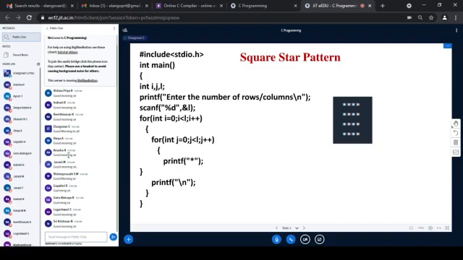If we print star, then we will get the complete square. But we need a hollow square. So what is the condition I have told? The logic we have developed. What is the condition to be satisfied when star is to be printed? When i equal to 1, j equal to 1, and i equal to maximum size and j equal